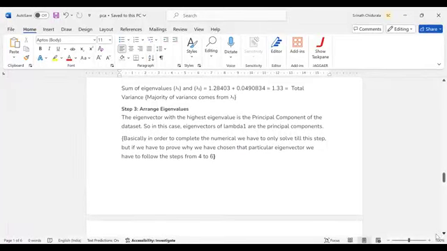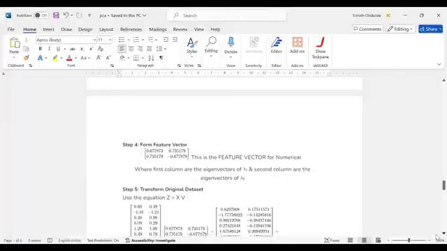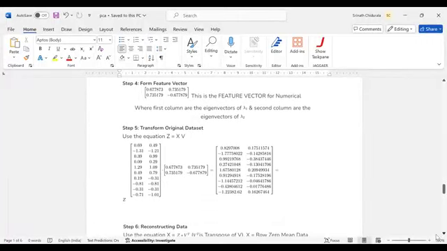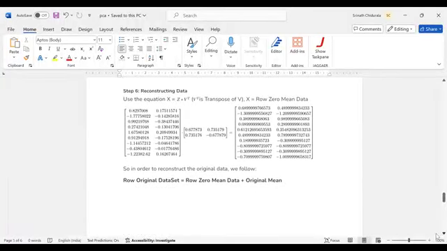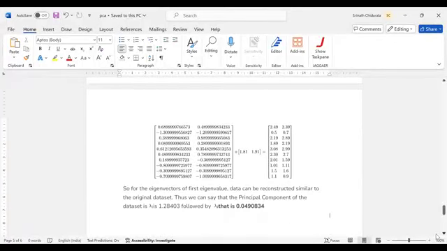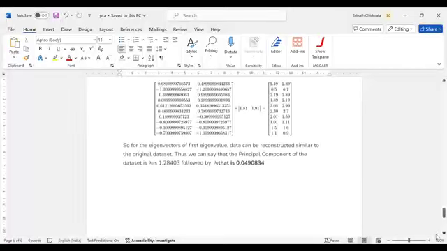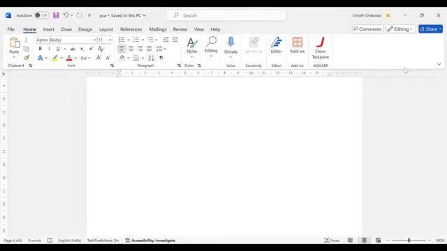Now, once you have these eigenvalues and eigenvectors, you can transform your data. So this is one eigenvector, this is another eigenvector, and these are your two original variables after standardization. Now these weights will get multiplied to these values and it will come up with two principal components. So these are PC1 and PC2. Just go through it. I'll share it if you want to understand.